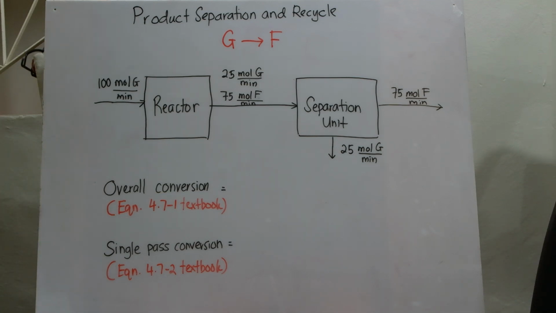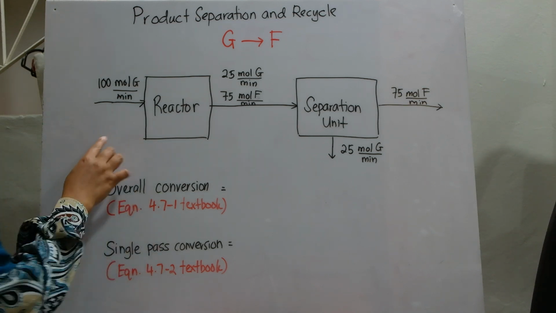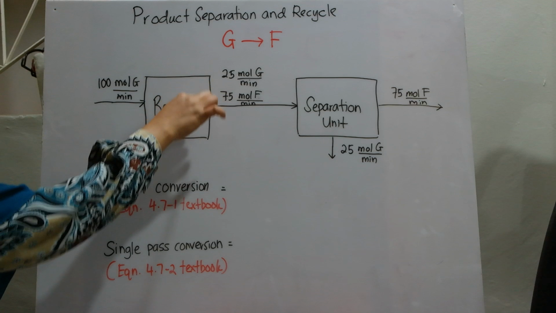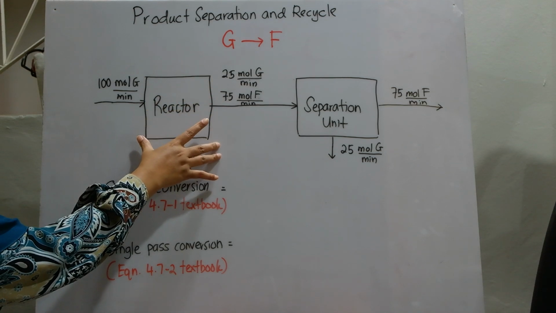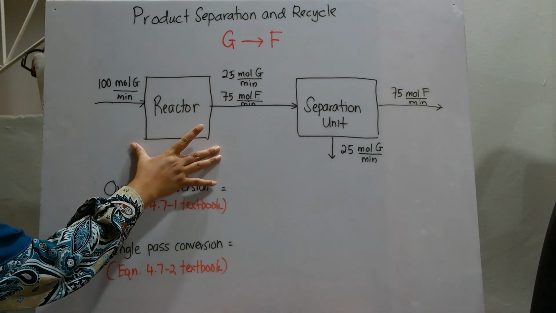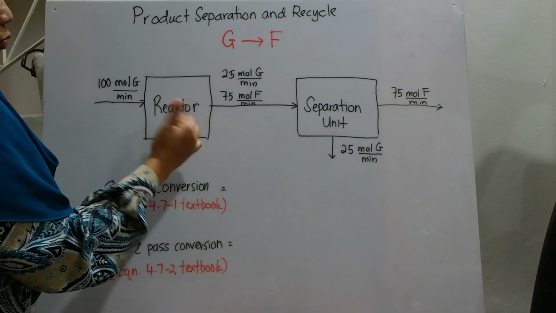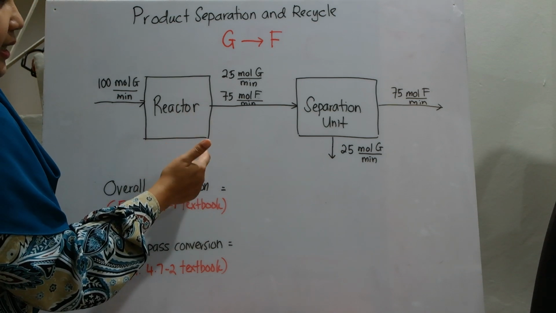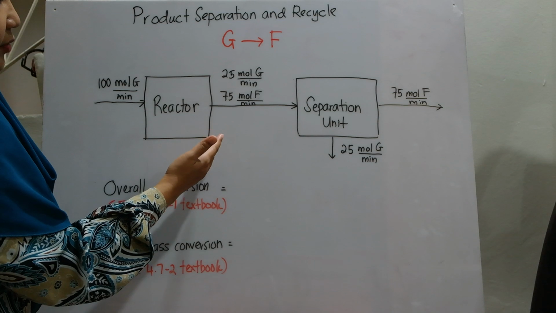Previously, in parts 1 to 10, the reaction happened only at the reactor, so we only studied up to this. And from here we know the concepts of limiting reactant, yield, selectivity,